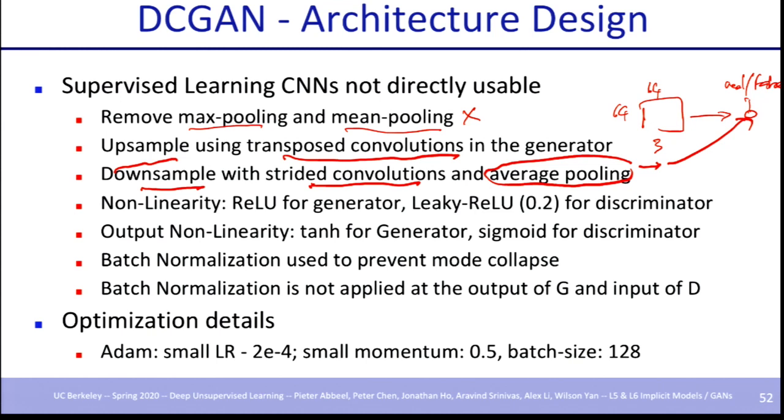And for the nonlinearities in your architecture, it was very crucial for them to use a leaky ReLU nonlinearity in the discriminator with a slope of 0.2. A leaky ReLU looks something like this, where the negative x part is not 0, but also has a slope, which could be a different slope from the positive x.